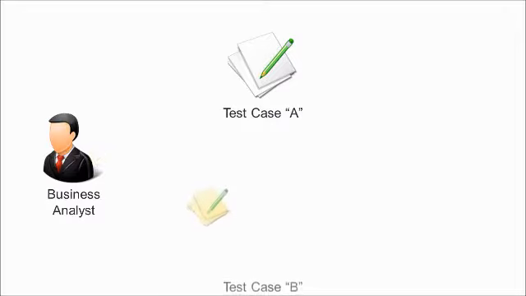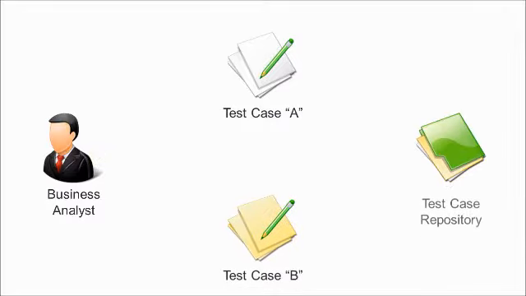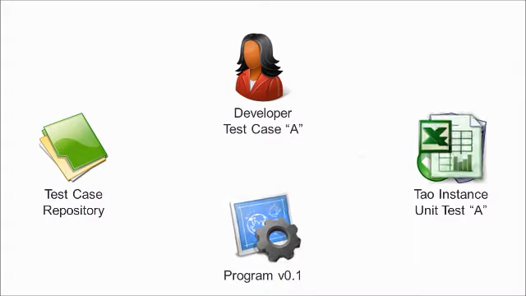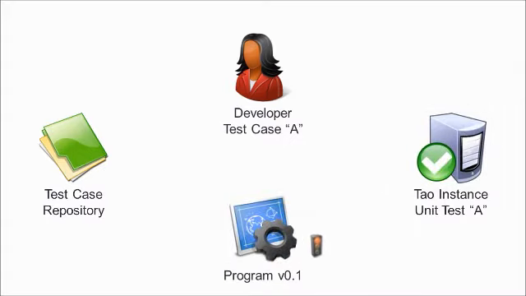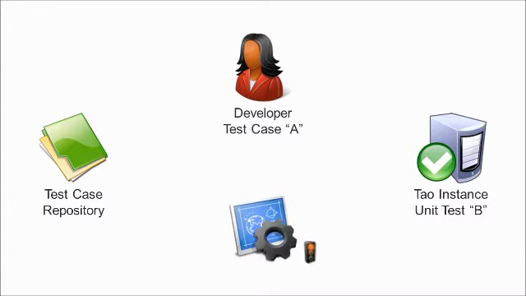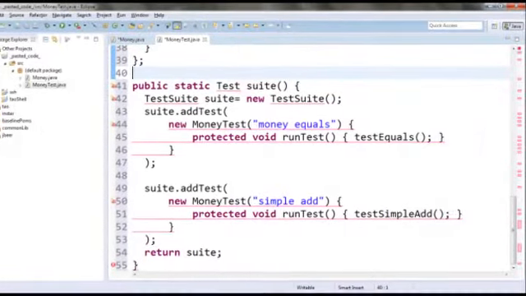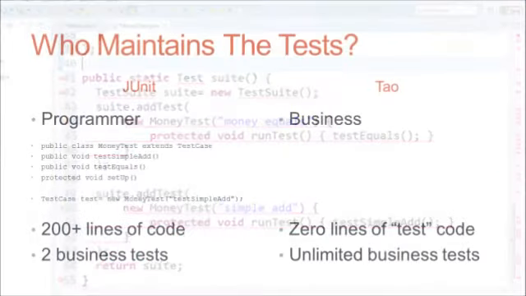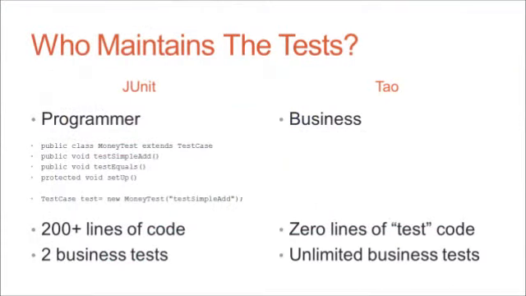Finally, one subtle point of difference is that the developer could commit the test case and Tao could run the test case automatically without the developer writing a single line of production code. Of course the test would fail. Tao would attempt to execute an unknown operation, but Tao would not crash, and this is fundamentally different to JUnit. To make the JUnit test run, the developer actually needs to create a production class with methods and attributes first, otherwise the JUnit test does not even compile.